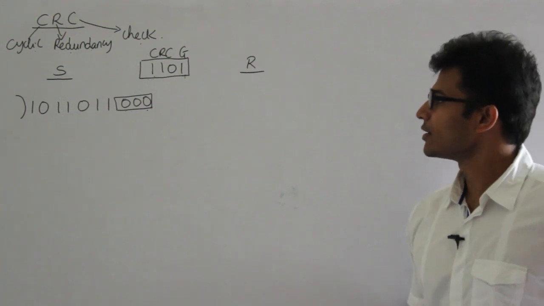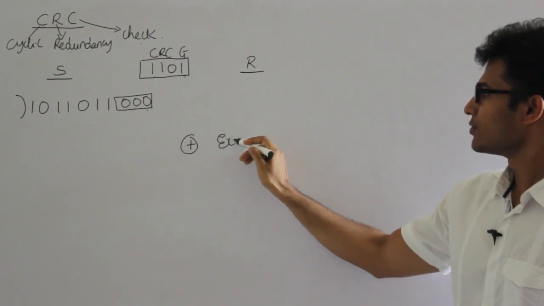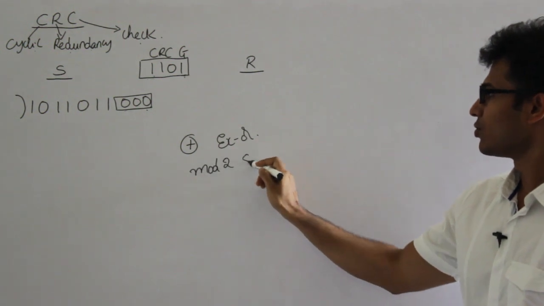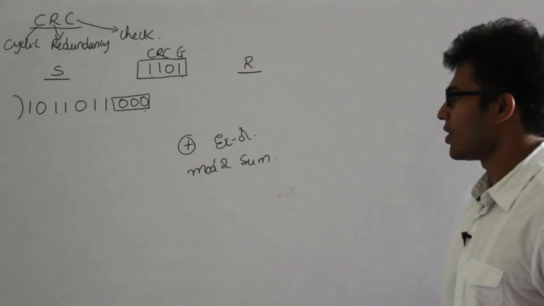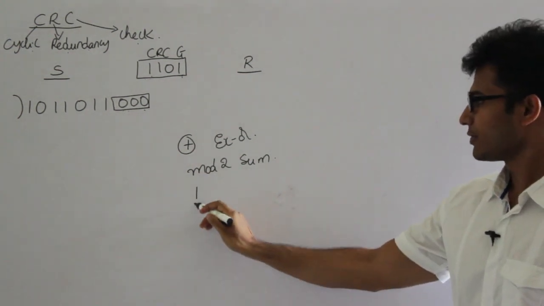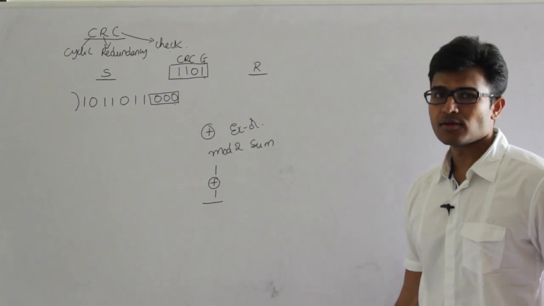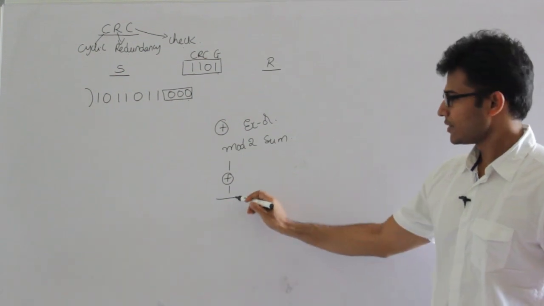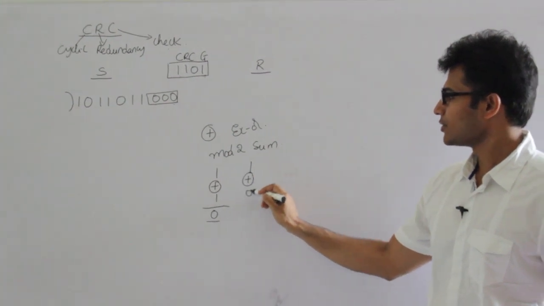Before going to this, I'll just discuss exclusive OR, represented by this symbol. Exclusive OR is also called modulo 2 sum. What is modulo 2 sum? You add the numbers, divide by 2 and find the remainder. If I want to find 1 exclusive OR 1, add both of them and divide by 2 and take the remainder. 1 plus 1 gives 2, and the remainder of 2 divided by 2 is 0. 1 exclusive OR 0,